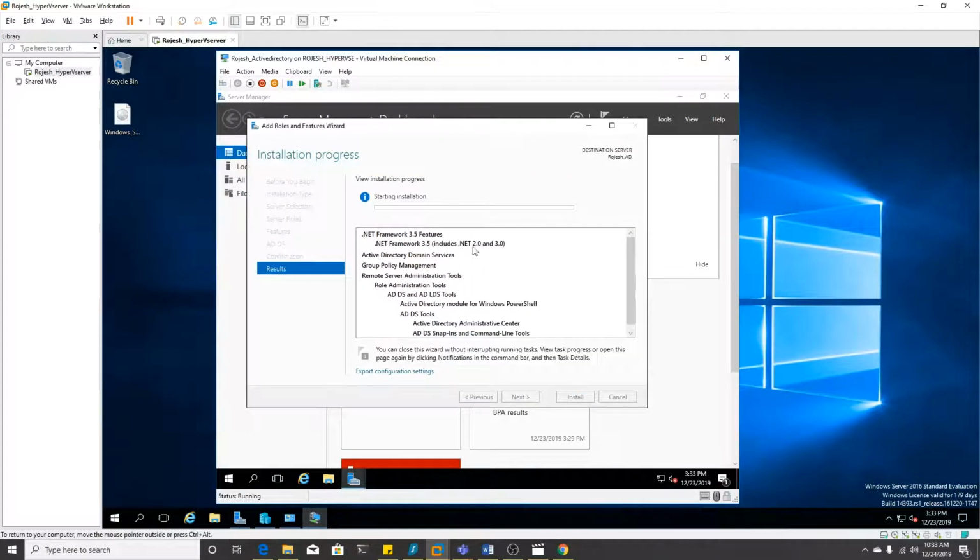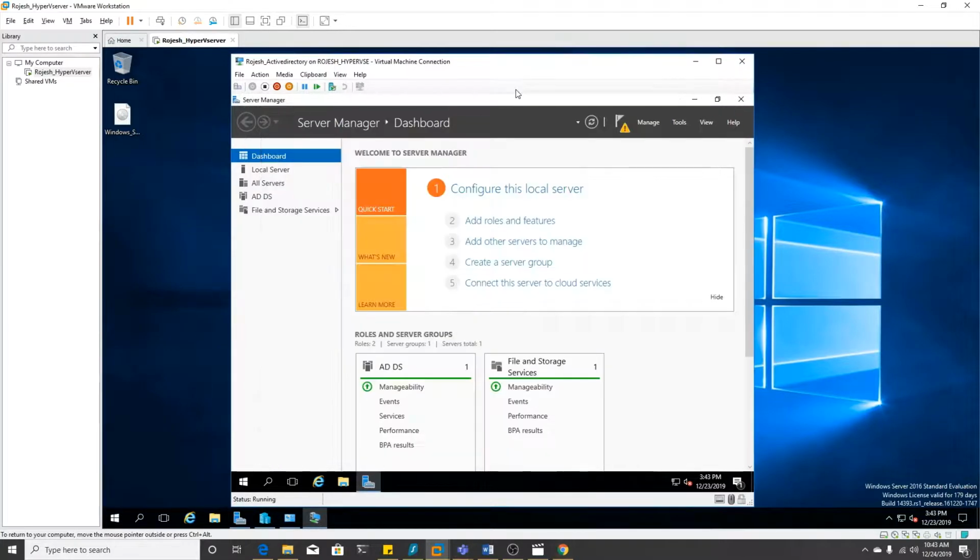I'll pause the video until it completes and I'll come back after restarting the server. The installation of Active Directory services and .NET 3.5 was successful, and I have restarted the computer. Though we have installed Active Directory, we still need to do some post configuration. So just click on the flag, promote this server to domain controller,